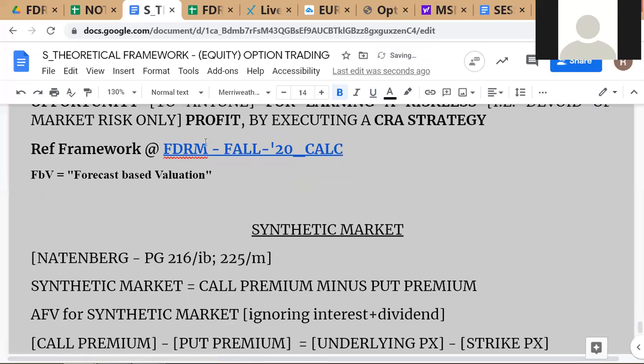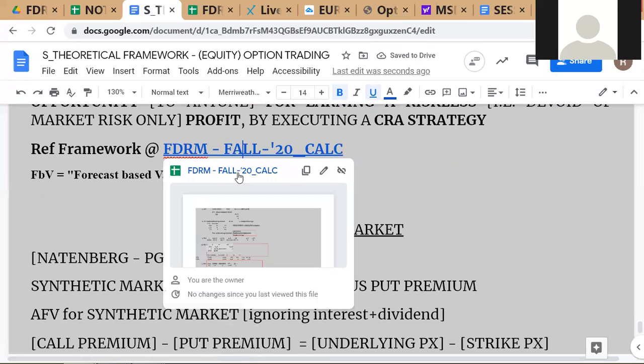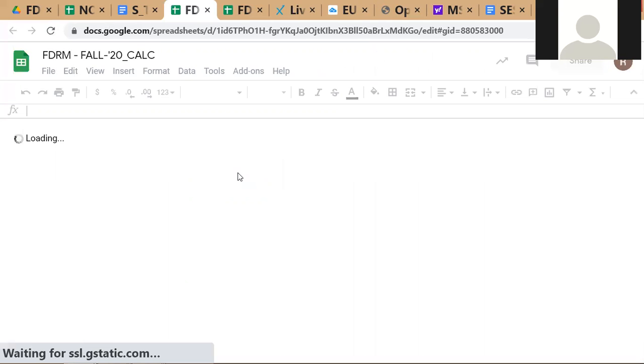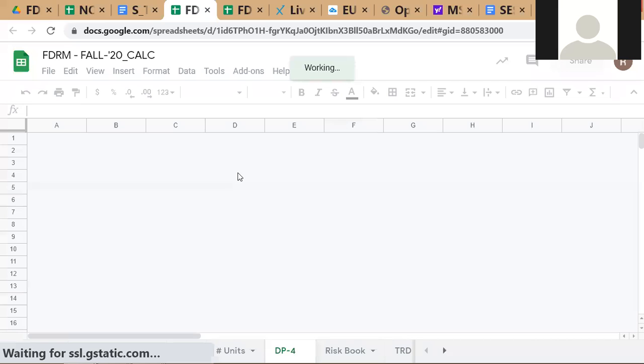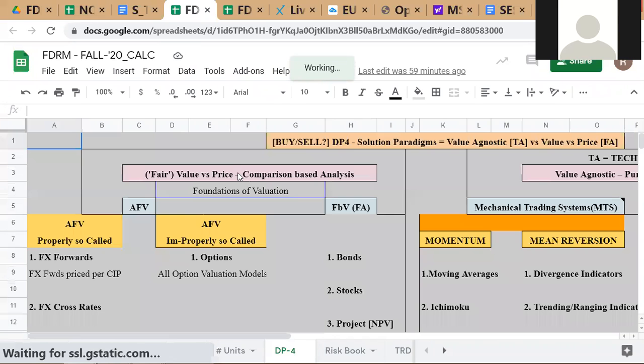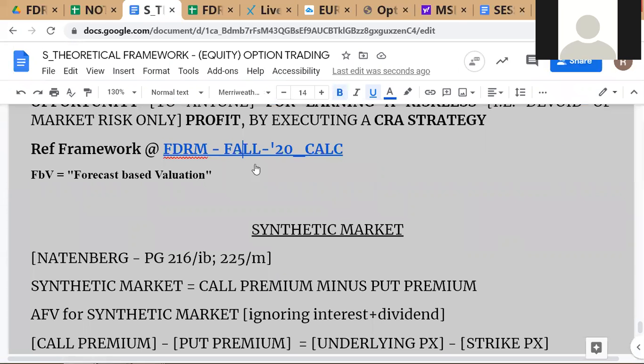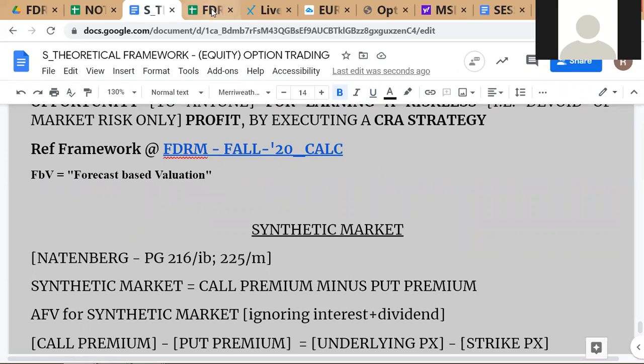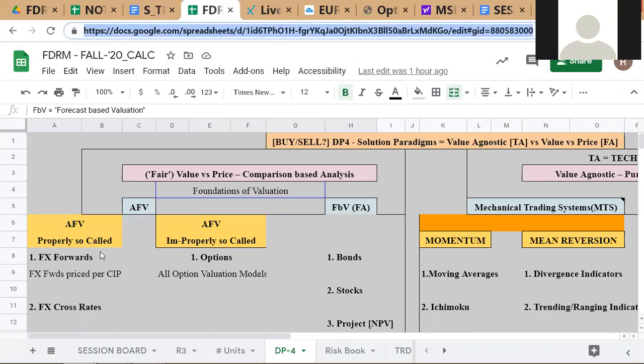If you launch this, I think Google is so smart that it should take you straight to that page. Although there are many sheets in this file, it will take you directly to that page, right? So you can see how smart Google is. I was just testing that, okay? So I'm just referring to that framework. Now, true AFV, okay? If we see true AFV,